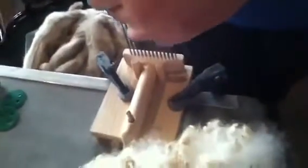Okay. And there's different kinds of combs. This is a fine, and there's extra fine and super fine. And there's even coarser than this. So you've got to have the right comb for the right wool. Okay. Right. I'm going to start by lashing on